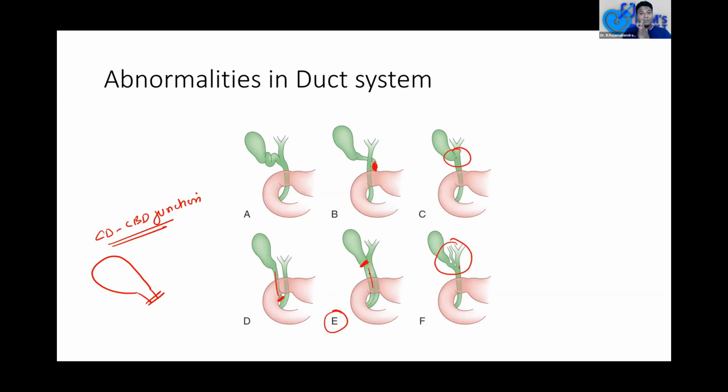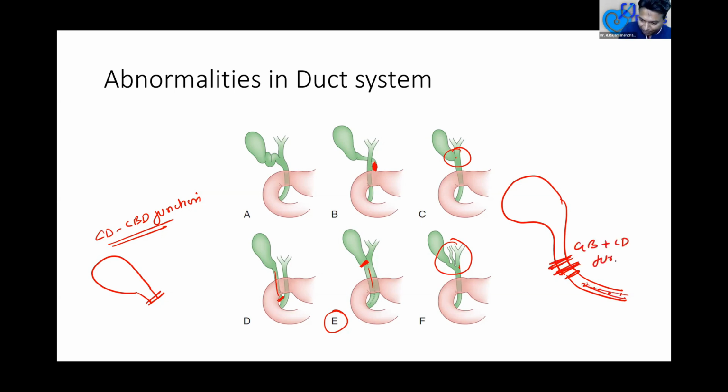So the point is, when we are putting a clip on the cystic duct, where should I put a clip? I will always try to put a clip close to the gallbladder. There is nothing wrong if you leave a long length of cystic duct. If there is a long length of cystic duct, it is just going to remain there. Ensure there is no stone inside the cystic duct. That's all. If there is a stone inside the cystic duct, it will cause problems. If there is no stone in the cystic duct, you put a clip always at the gallbladder cystic duct junction only.